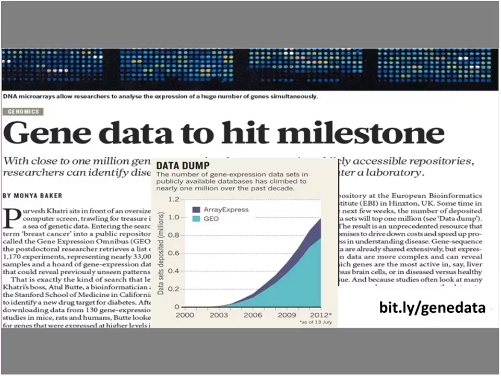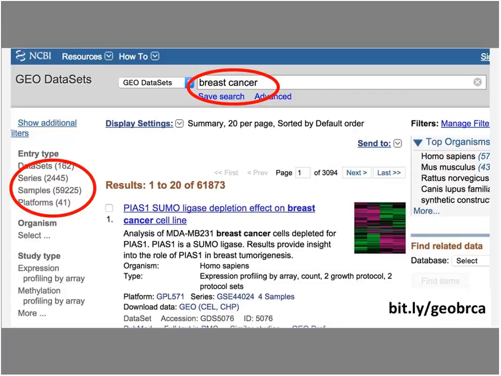So what does that mean? That means any scientist now that wants to start a project, let's say looking at cancer or diabetes, can start with the data first, come up with a hypothesis, and then test that in samples, to test that in mouse models. But you can start with the data first. Actually, forget about our scientists, even a high school student who wants to do a science fair project can go to these websites and search. Here I'm showing you Array Express and GEO, that's a European one and the NIH one. Even a high school kid can go to these websites, type in breast cancer, as an example, and search and find